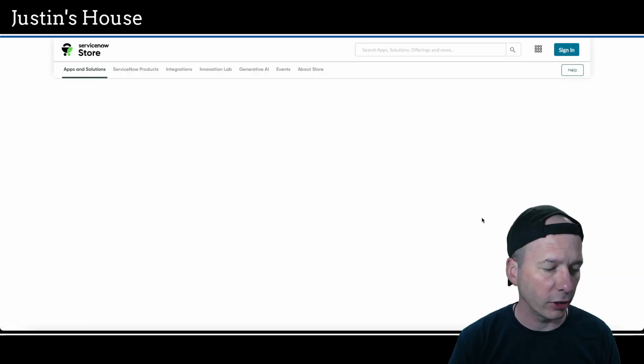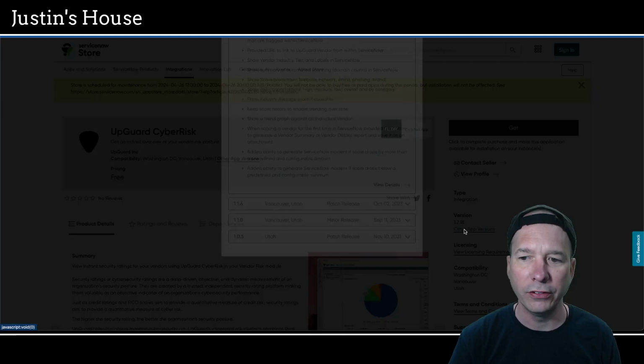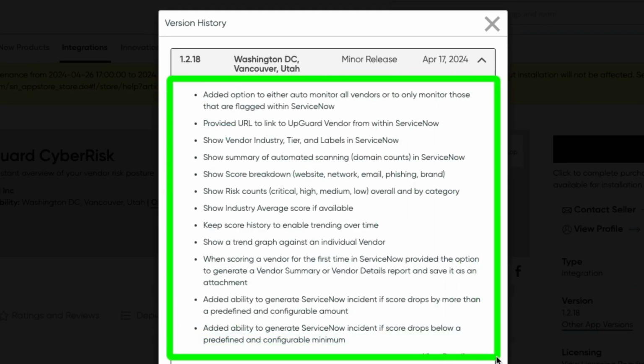Next highlight is going to be UpGuard Cyber Risk, updated to version 1.2.18. In this version, they've added the option to either auto monitor all vendors or to only monitor those that are flagged within ServiceNow, provide a URL to link to UpGuard vendor from within ServiceNow, show vendor industry, tier, and labels in ServiceNow, show summary of automated scanning or domain counts in ServiceNow, show score breakdown, website, network, email, phishing, brand, show risk counts, critical, high, medium, low, overall, and by category, show industry average score if available,